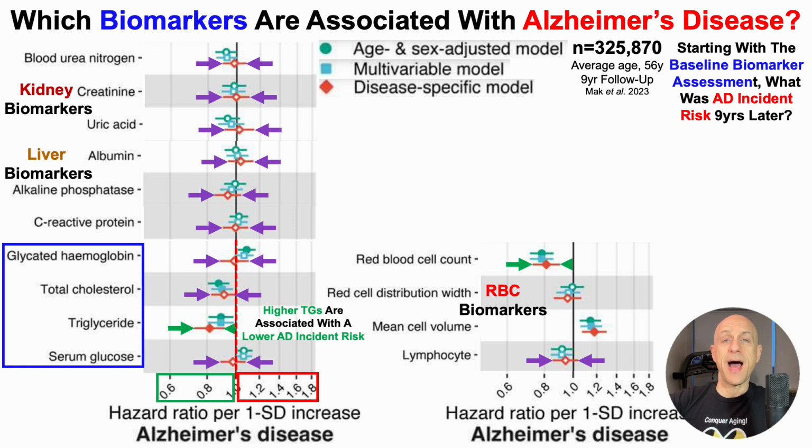So first, relatively higher levels of red blood cells were associated with a lower Alzheimer's disease incident risk, which may not be a surprise because red blood cells decline during aging. Conversely, mean cell volume, the red blood cell volume, or MCV, relatively higher MCV was associated with an increased Alzheimer's disease incident risk. And that too may not be a surprise because the MCV increases during aging. What is a bit of a surprise, though, is that the RDW is not significantly associated with Alzheimer's disease incident